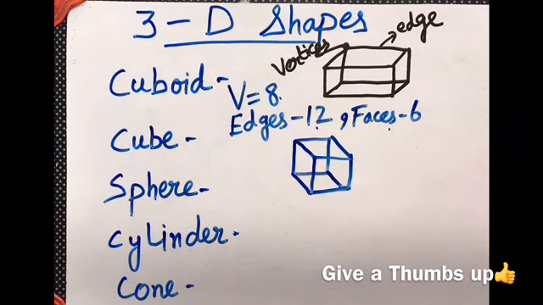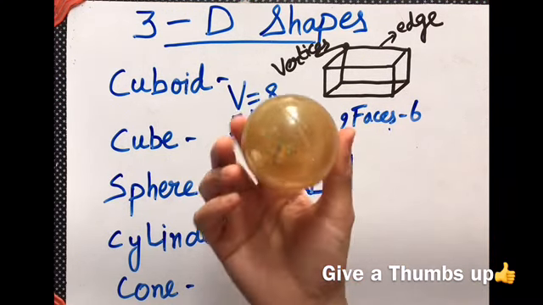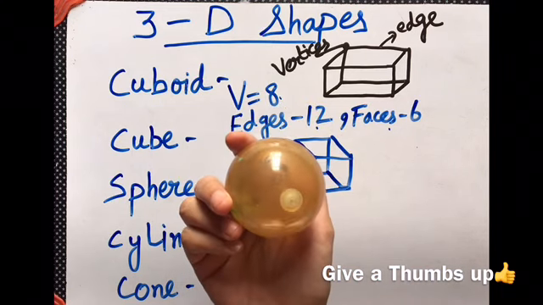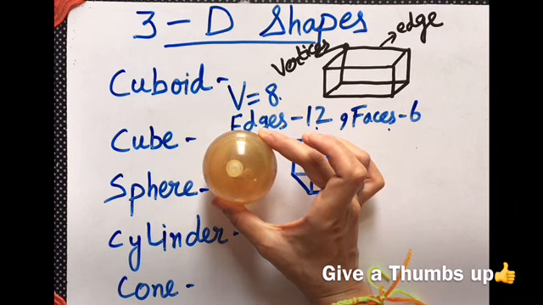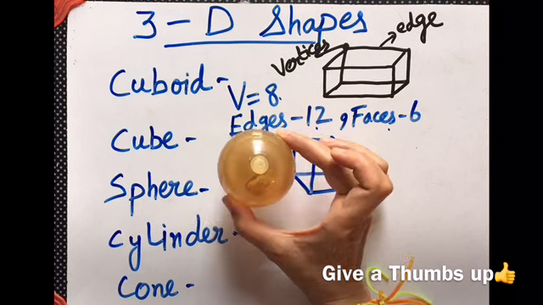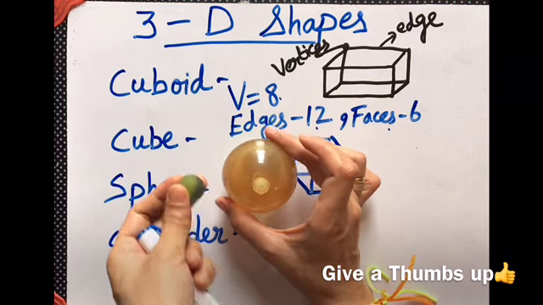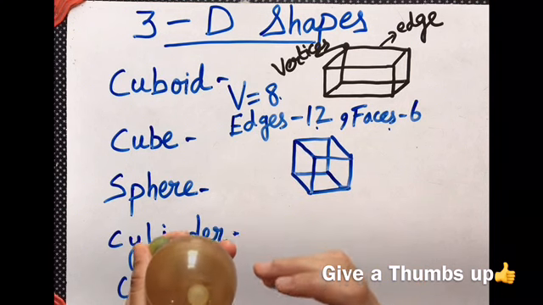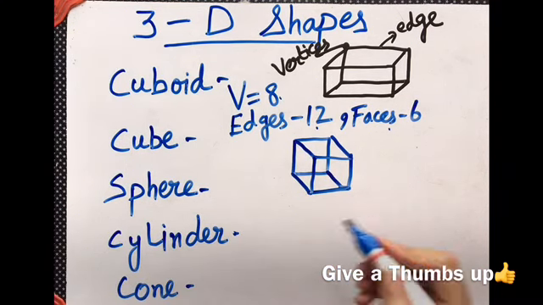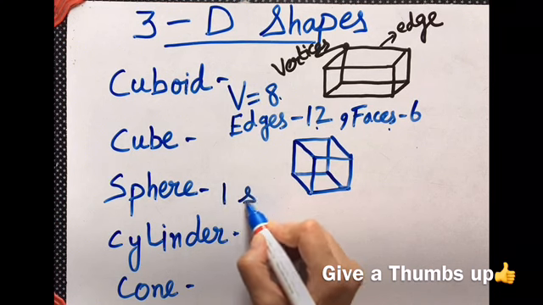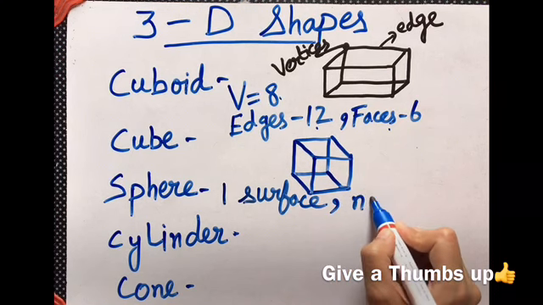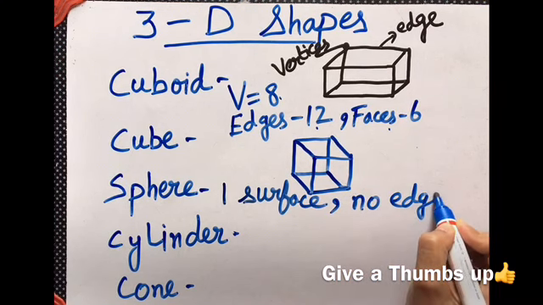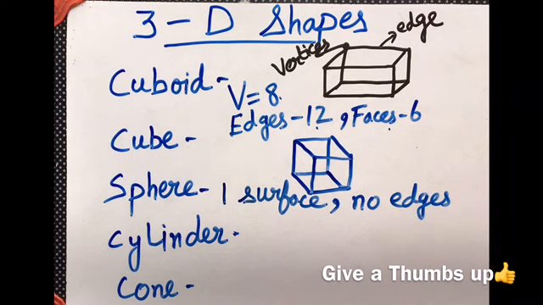You can count it. Now sphere, this is an example of a sphere, a ball. It is the 3D shape of a circle. If you see the top view of this, it will be a circle. Fine. So a sphere is the 3D form of a circle. So these are examples of a sphere. It has only one curved surface, and no edges or vertices. So this is the example of a sphere.